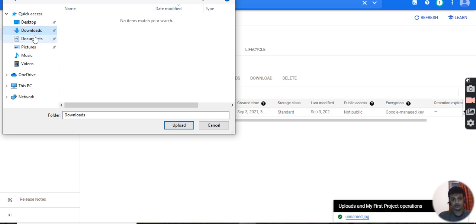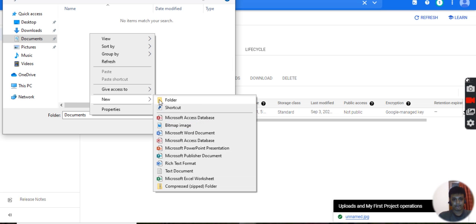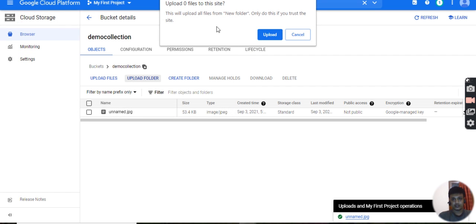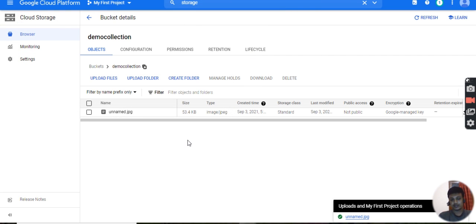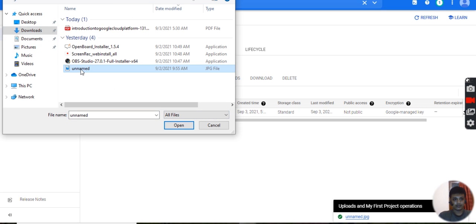Right now I don't have any folder, but I can create one. Let me check if I can create one. Yeah, so I'm selecting this and uploading it. It doesn't have any file, so it is not uploading, because it doesn't have any file. Let me put one file in it. I am going to downloads. I am creating